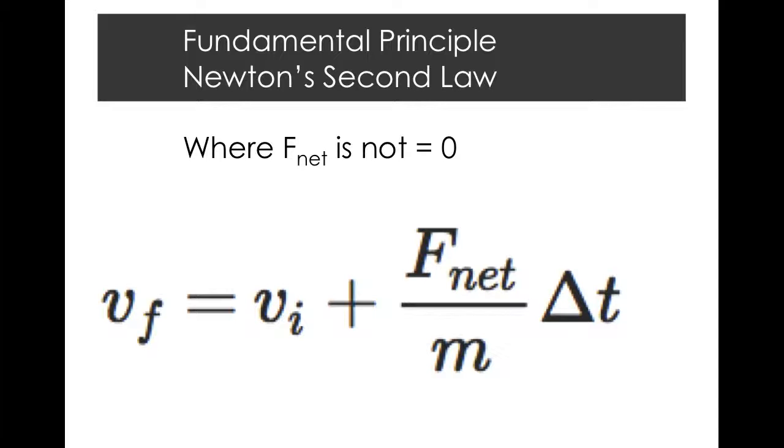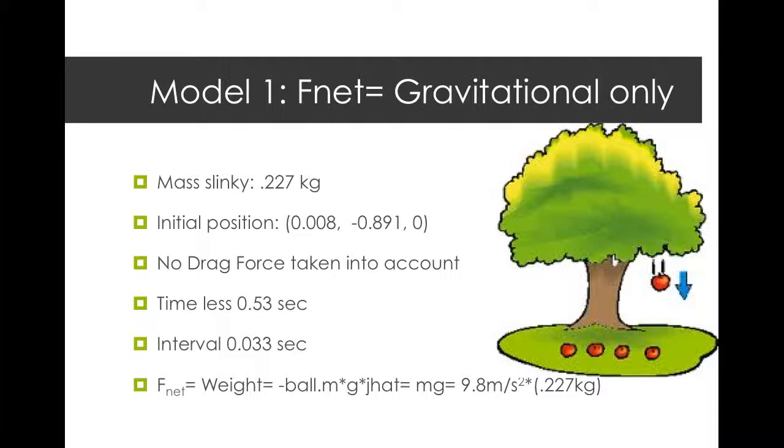In order to construct our models, we used as a fundamental principle Newton's second law, as shown in the slide, in order to be able to predict the future motion of the slinky as it fell. Initial conditions such as the mass of the slinky, which was 0.227 kilograms, its initial position, which was 0.008 meters in the x direction, negative 0.0891 in the y direction, and a time interval of 0.033 seconds for a total of 0.53 seconds were defined